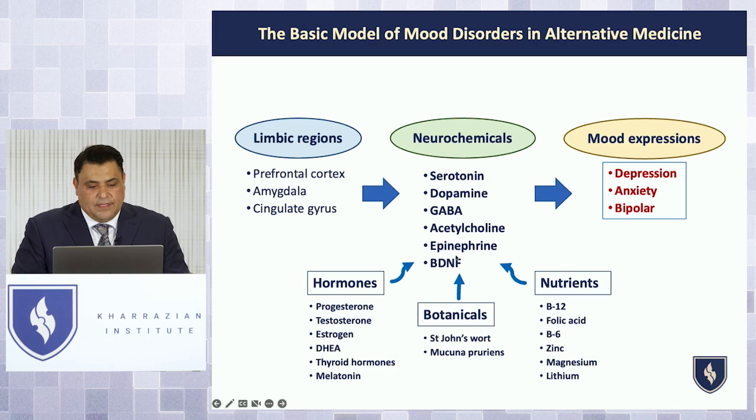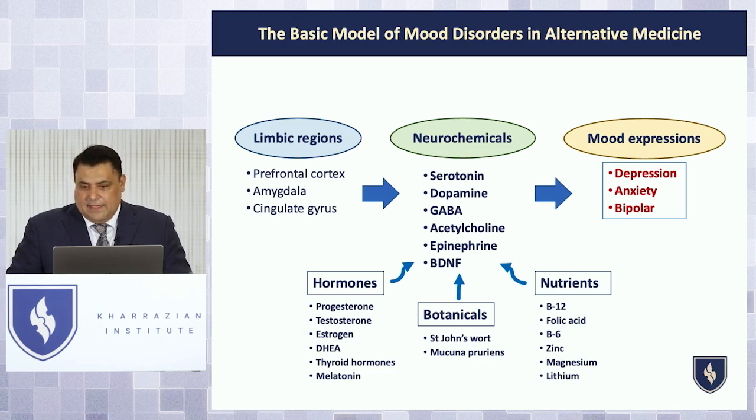So the basic model of mood disorders when looking at alternative medicine is basically, yes, there are these neurotransmitters involved, and we can impact them with nutrients, and we can impact them through botanicals, and you can also throw in hormones in there. Maybe hormones are really what they need to impact their functions, whether it's thyroid hormone or these other hormones, and these all have some role to play. But what I'm trying to say is these are very surface level approaches. And these are typically not going to be enough to address the depth of the neuropathophysiology that's involved with people that actually have chronic mood disorders, the ones that actually walk into your office that may have already tried all these things and are already doing all these things.